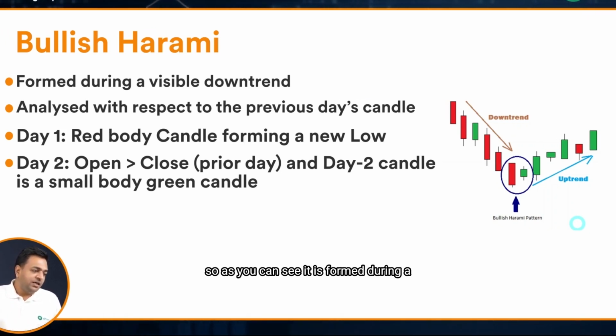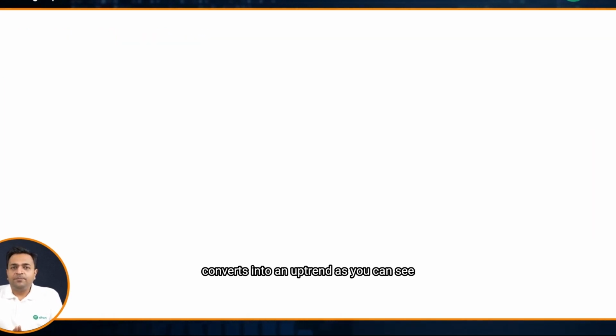So as you can see, it is formed during a visible downtrend. Then we have a long body red candle. The next day the stock gaps up and gives me a green close. And the stock changes the downtrend and converts into an uptrend. As you can see,